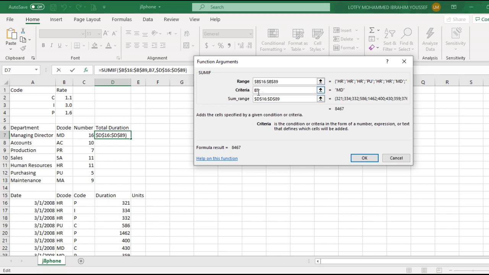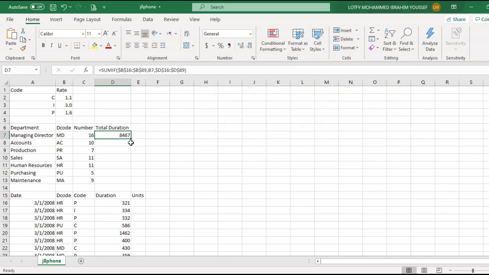Now here is going to be our relative referencing, or the one that will change. So for example, if I copy this down, we want the criteria here to change to AC. So next time it's counting, it's going to look here and say, oh, there's an AC here, so I'm going to count the duration for this cell and add it to this cell because it also has AC. So the decode will change. We're going to leave it as a relative reference without any dollar symbols, and we're going to click on OK,